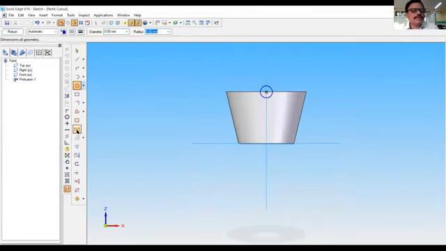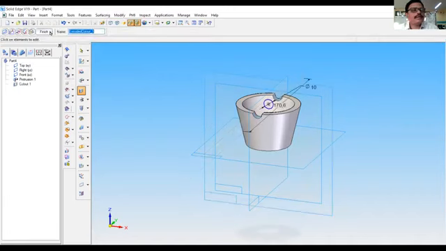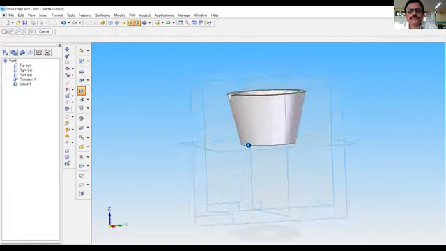You can show the dimension. It is 10 mm diameter. Return. Symmetric extent. Finish. Cancel.